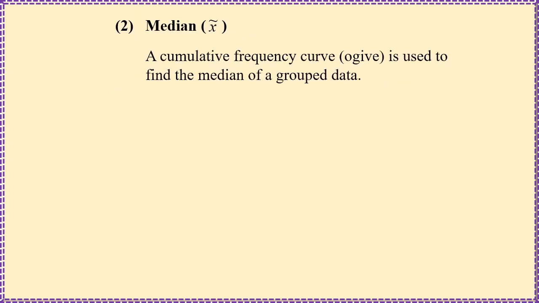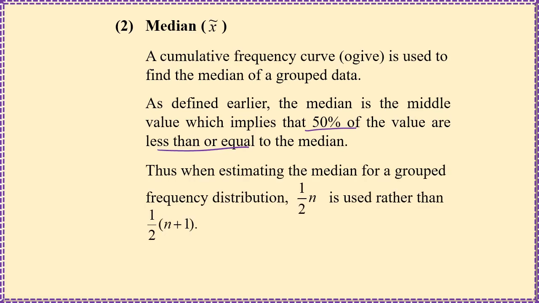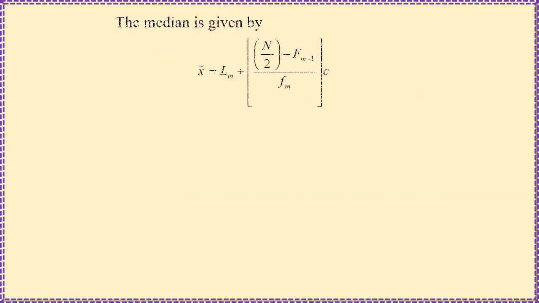Okay, now for the median. A cumulative frequency curve or ogive is used to find the median of group data. As defined earlier, the median is the middle value, which implies 50% of the value are less than or equal to the median or more than or equal to the median. Okay, thus estimating the median for group frequency distribution, 1 over 2n is used rather than 1 over 2n plus 1. Okay, the median is given by